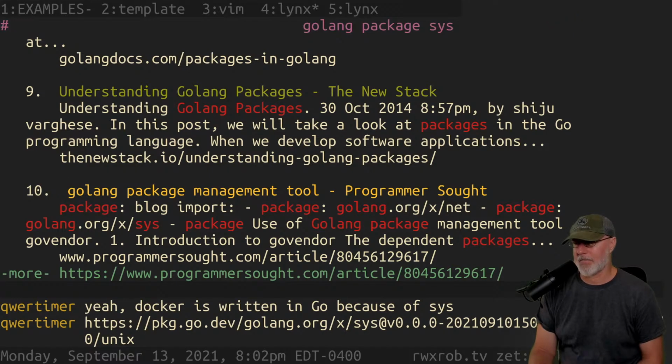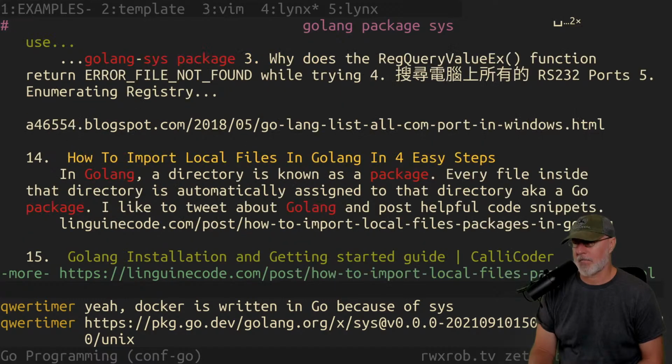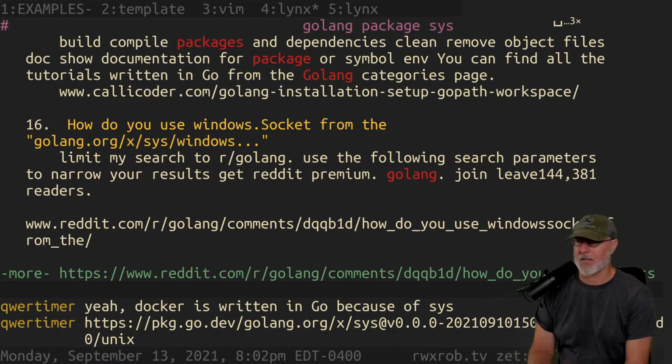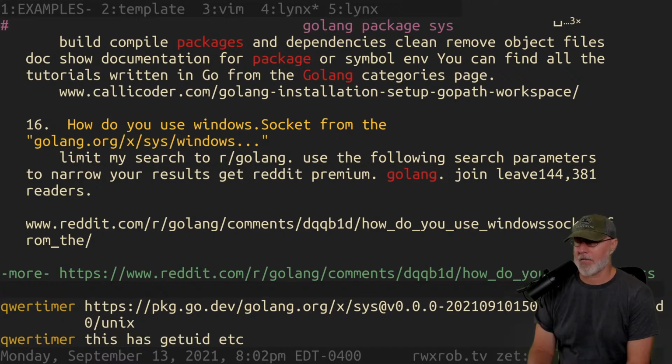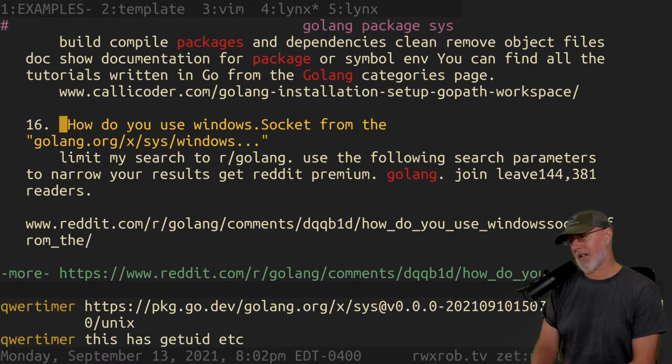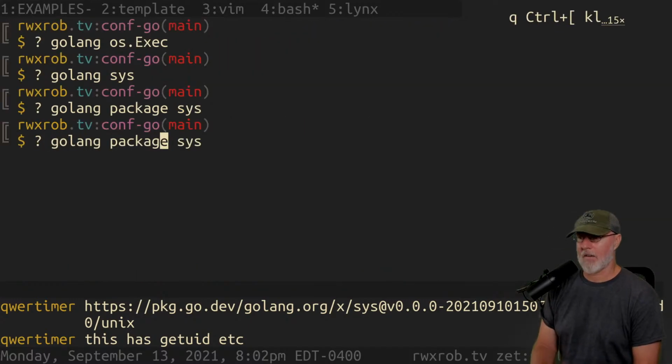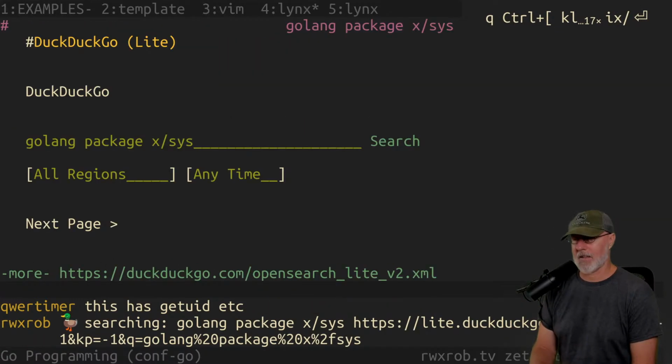Did you find it? Yeah, I don't know. I want to say it wasn't under X before too. Yeah. This says get UID. Is that the one? It is XSys then, huh? Okay. All right. Thanks. I didn't know which one.